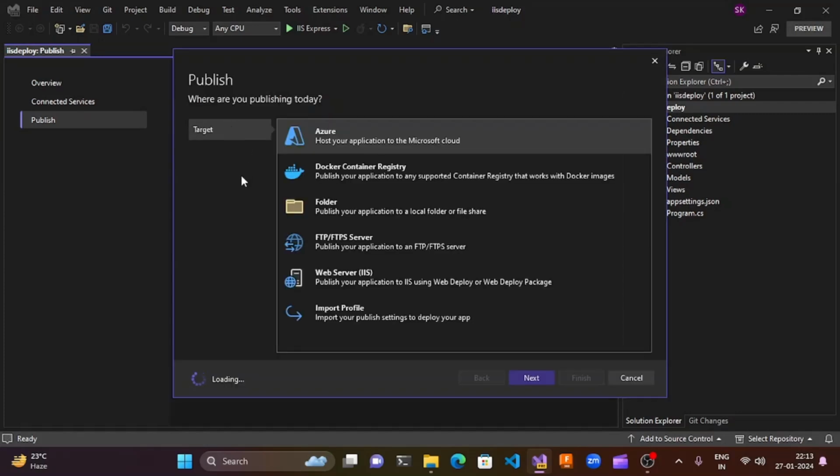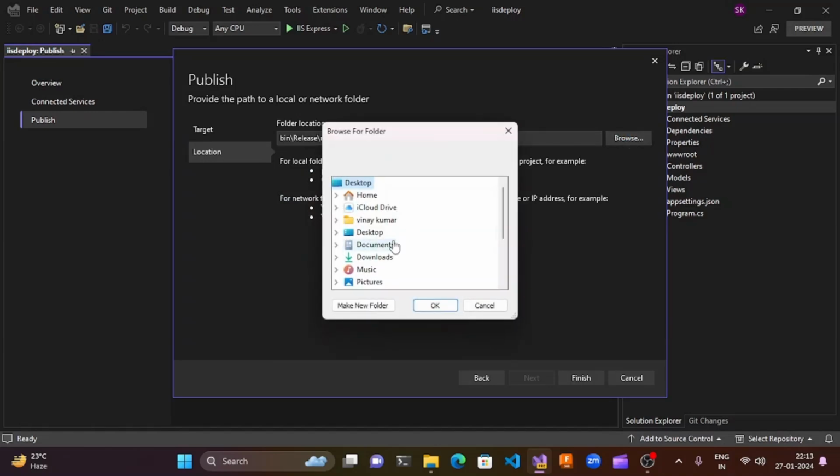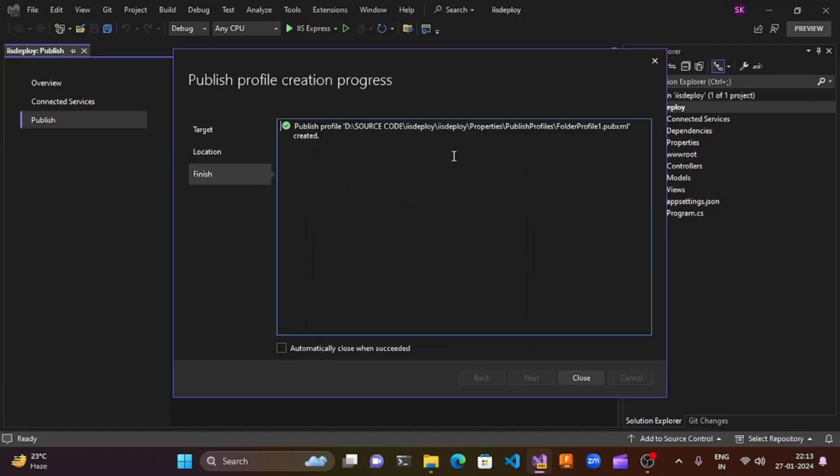Once you click on new profile, you will be able to see we have Azure, Docker Container Registry, folder, FTP, web server, and import profile. In these options, we are going to choose the folder version. Once we choose this, click on next, and it will ask you to choose the location. For that, I am going to choose my D drive, where I can select the sites folder. Inside that, I will create one more folder here, that is deploy. I'm choosing this folder and click on OK,